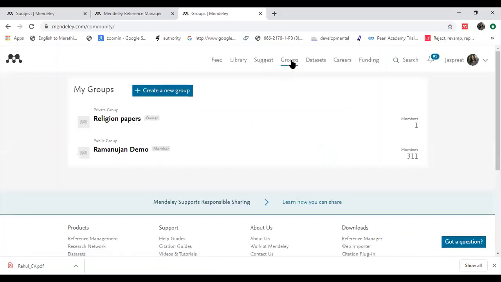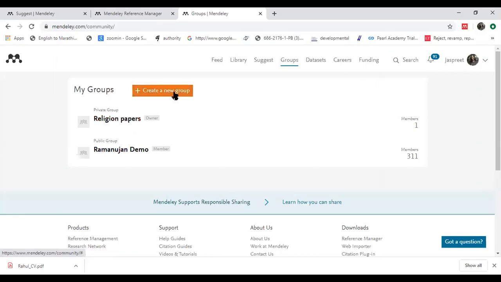What is a group and why do I need it? I need a group because there are 3 researchers working in different places; nowadays, we have become international. One researcher might be sitting in Spain, one in Nepal, one in India. So there are 3 people working together. I want everybody to view papers. Which papers? Only the papers which show religion.